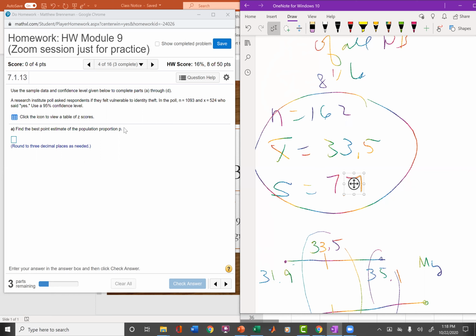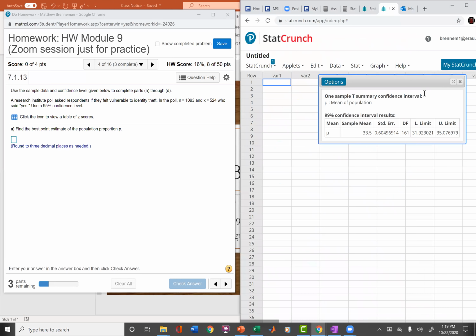Do not use the z-scores. Okay, I can't overemphasize that enough. A, it's going to take you 3 times as long to do the problem. There's a good chance you'll get it wrong, and it's not exact anyhow. Okay, so